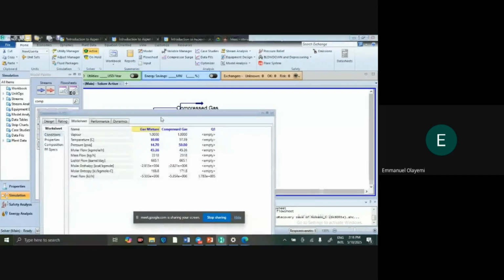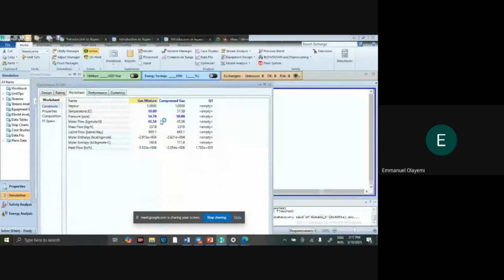So I will click on my compressor and go to my worksheet. So what difference can you see? You discover that when I increase the pressure from 14.7 psi, that is 1 atm, to 50 psi, my temperature also increased from 10 to 57.59. So which means increase in pressure led to an increase in temperature, of course, which is what we expected from our